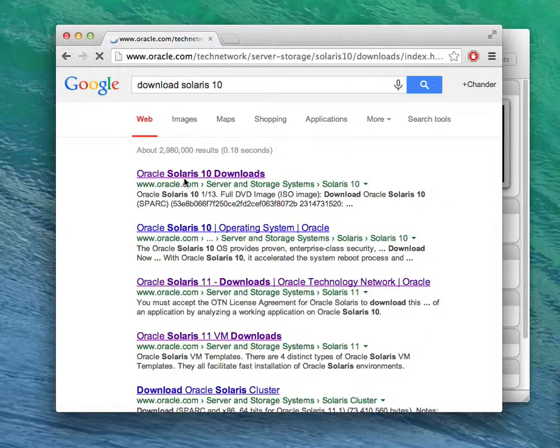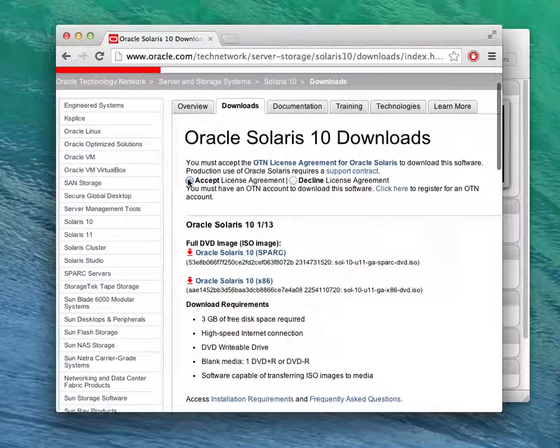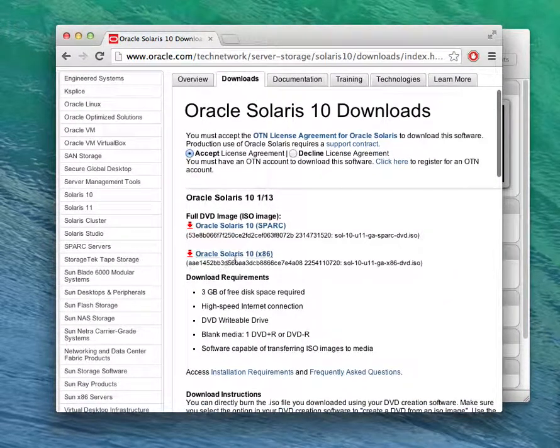Same way, go to Google and say download Solaris 10. It'll take you to the Oracle Solaris 10 website. Accept it and download the DVD. It would ask you for your login credentials. You could create one for free and then download the DVD. It's 2.1 gig, so it might take a while to download. Once you're ready,